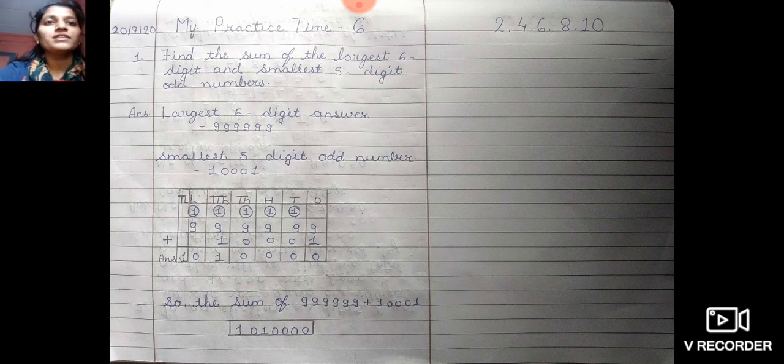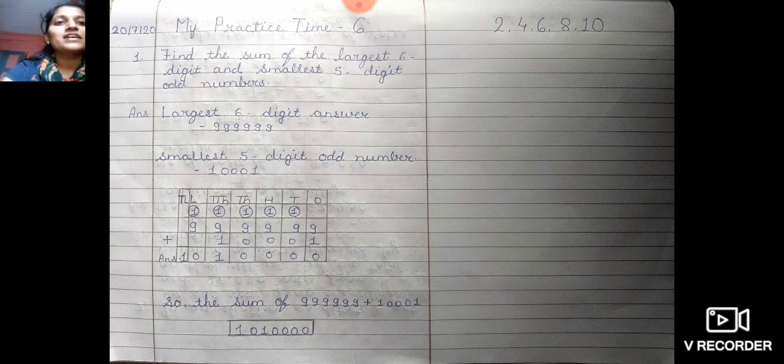So here we have added the ones place, 9 plus 1, 10. So 0 I have written, 1 will be carry over. Tens place, 9 plus 1, again 10. So 0, carry over will be 1. Again the 100 place, 9 plus 1, 10, so I have written 0, and 1 will be carry over in the 1000 place. So 9 plus 1 again 10, 1 will be carry over in the 10,000 place. 9 plus 1 10, 10 plus 1 11. So 1 will be down and 1 will be carry over again in the lakhs place. So 9 plus 1 10, 0, and 1 will be in the 10 lakh place.